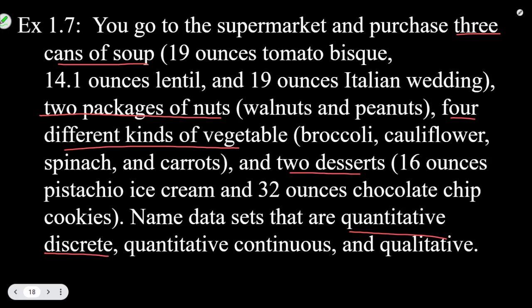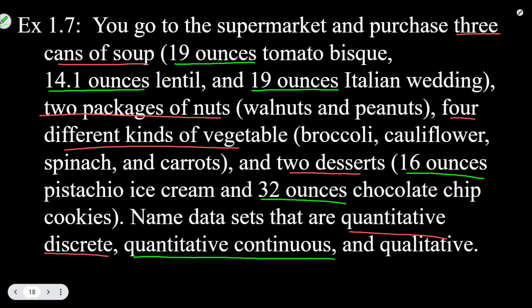Then we have quantitative continuous, and we will take care of underlining those in green. So quantitative continuous, remember, typically these are measurements. So when you see things like 19 ounces of tomato bisque, 14.1 ounces of lentil, 19 ounces of Italian wedding, those are measurements, along with your 16 ounces of pistachio ice cream and 32 ounces of chocolate chip cookies. So those ones underlined in green, again, depending on how you were setting up your study, those could be